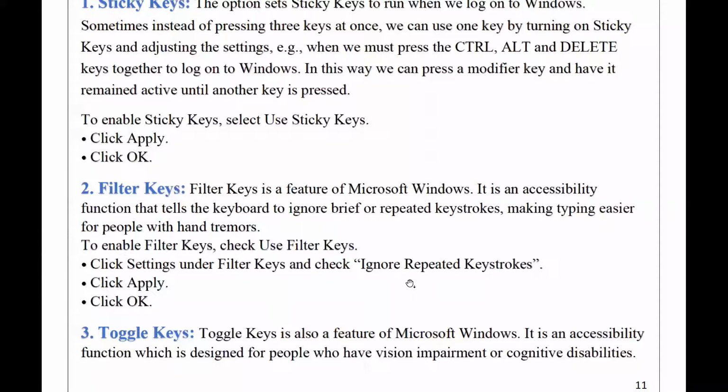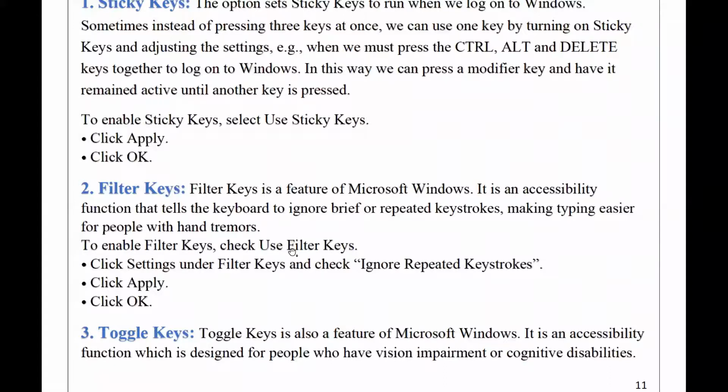Click settings under filter key and check ignore repeated keystrokes. You have the checkbox over there. If you click on that checkbox, it will ignore the repeated keystrokes, and then you have to click apply. Then click OK, and the filter key will be enabled.